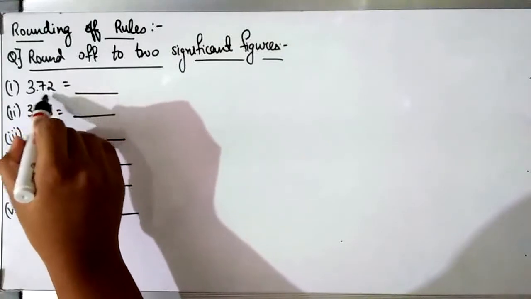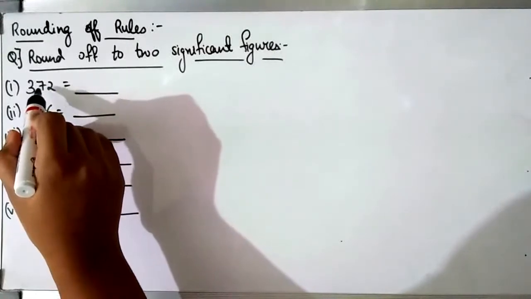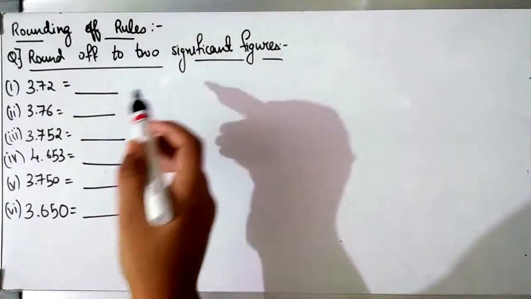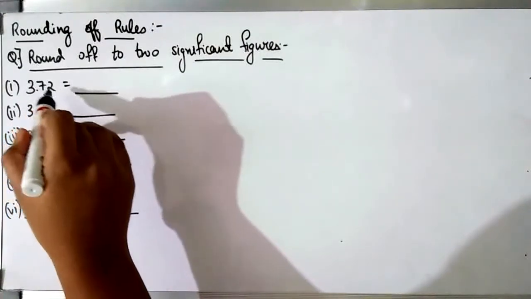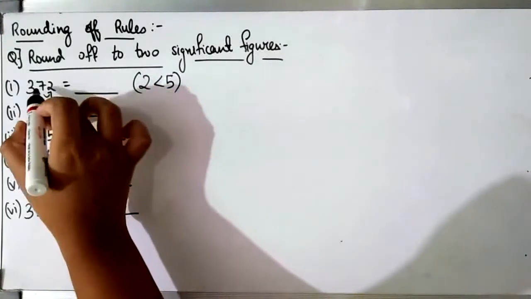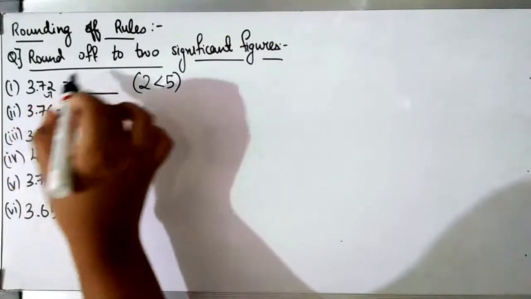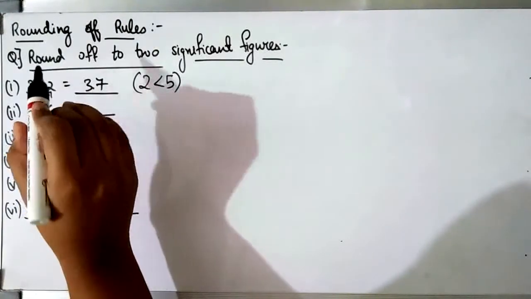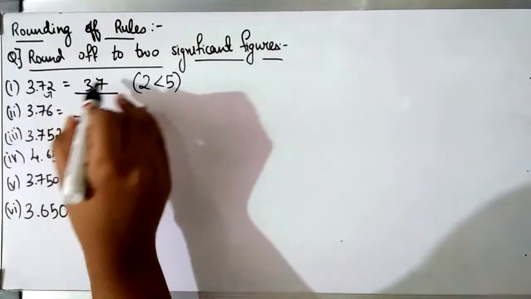So we will see the last digit and check how we round off. First, after the point we have 7, so we are going to round off that 7 such that it becomes only two significant figures. For rounding off the number 7, we have to check the next number, and the next number is 2. Now 2 is less than 5. After the decimal we have the number 7, and after that we have 2. When 2 is less than 5, we round it off to 3.7. We let that 7 be as it is, and we have made this number rounded off to 3.7.